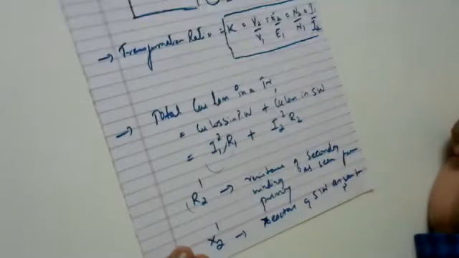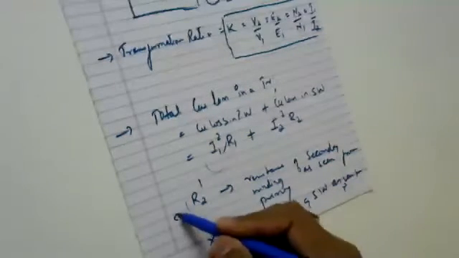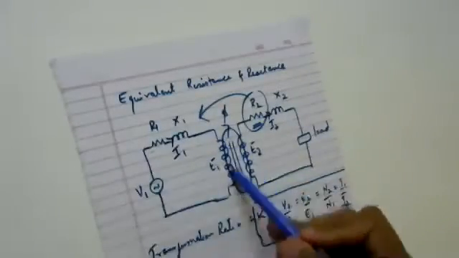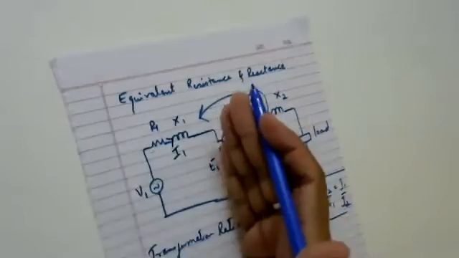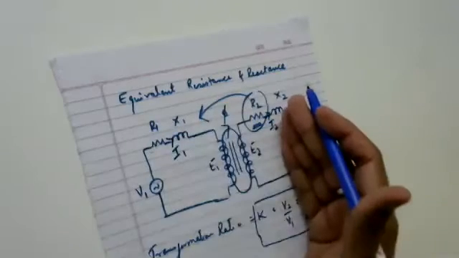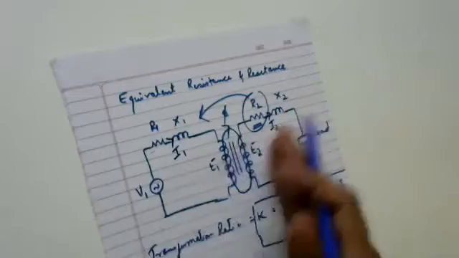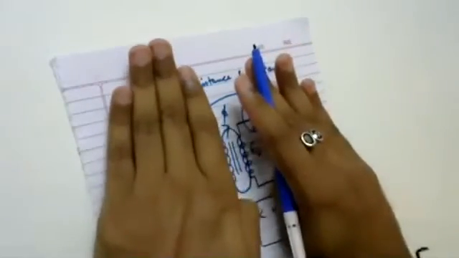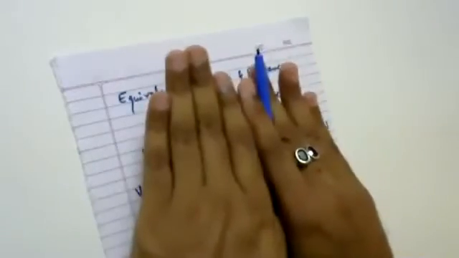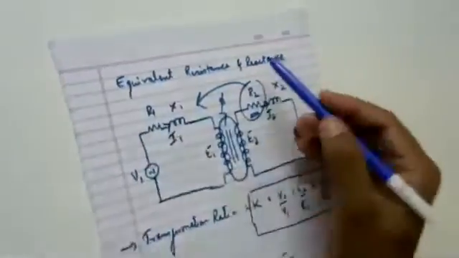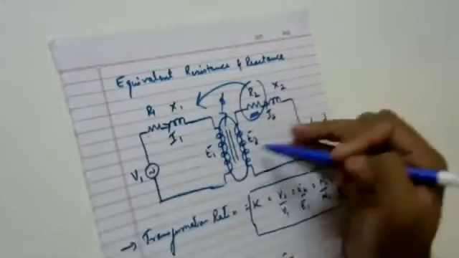Now, as one of our friends is asking, sir, why are we doing it like this? Then I need to tell my students that since the primary circuit is nowhere electrically connected to the secondary circuit, as I said, both the primary circuit and the secondary circuit are electrically isolated. So there is no connection between them. This is the primary, this is the secondary, right? Electrically there is no connection, so they are isolated.